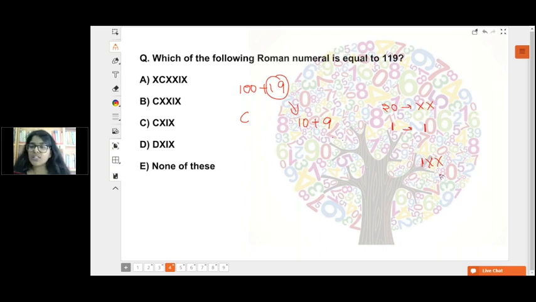Why? Because in Roman numeral representation, you always have to write the larger number to the left hand side and the smaller number to the right hand side. Now you see this is 9, it will represent 9, right? And this will represent 10. That is not possible. So that's why, what do we do is,